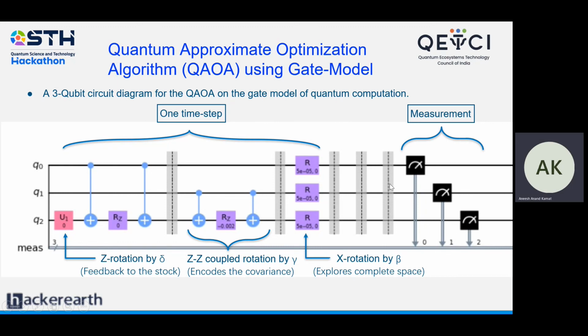At the end of all of these 100 time steps, we measure each of these qubits onto a classical register, which means that we are going to be getting a 0 or a 1 as a recommendation for every qubit or every stock in our portfolio. We do this measurement for this entire circuit multiple times. After a couple of thousand measurements, we plot the probabilities and the statistics, and then take the least energetic or the most optimal